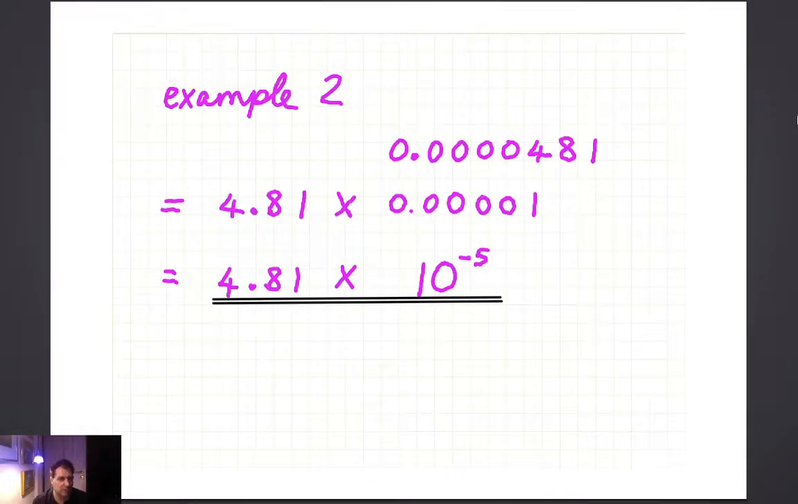Example 2 is of a very small number that we're going to try and put into standard form. So 0.0000481. I need to think of a number between 1 and 10 that uses the same digits. So that's 4.81. And 4.81 has got to be multiplied by a number that's lots of zeros with a 1 on the end to give us the original number we started with. So I'm starting to write